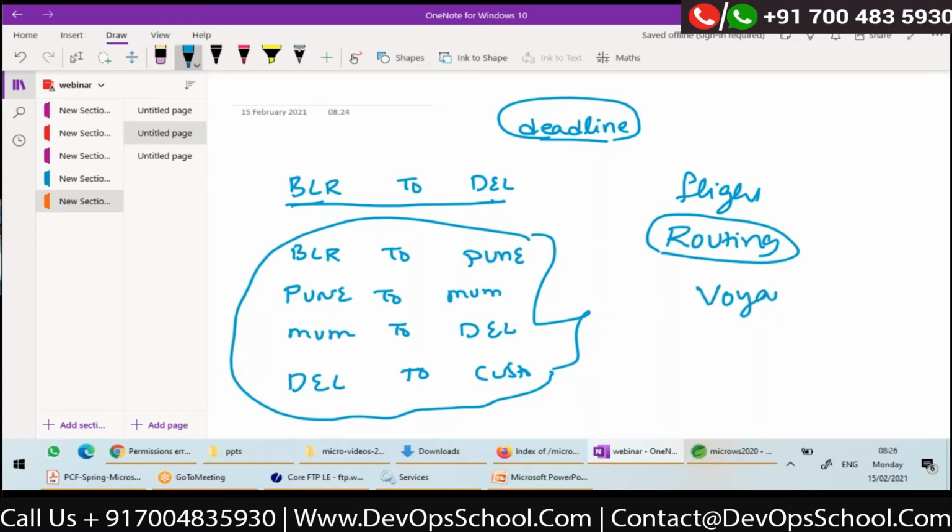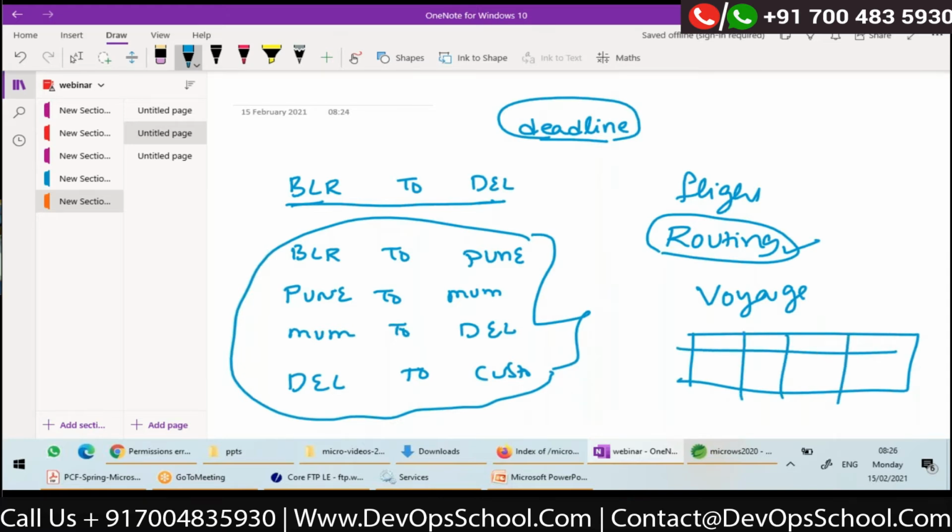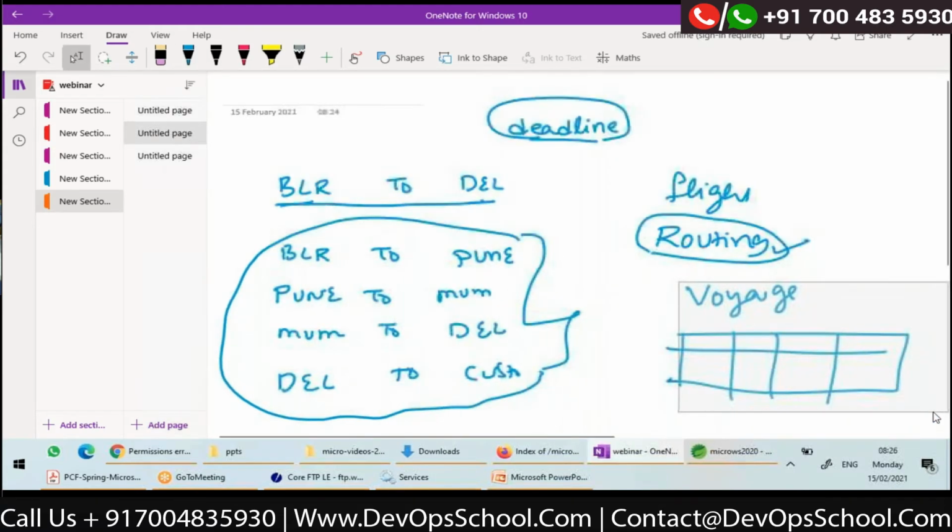Our cargo company will have multiple vehicles traveling from one location to another on defined dates and times. So the routing module has some functionality to maintain voyages. It will have a list of all vehicles, from which place to which place they are going and what the times are. All such information will be managed by the routing module.